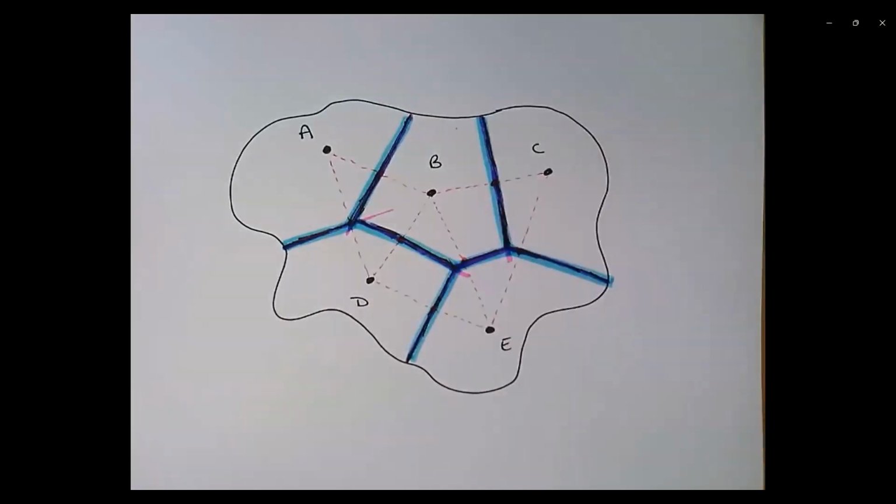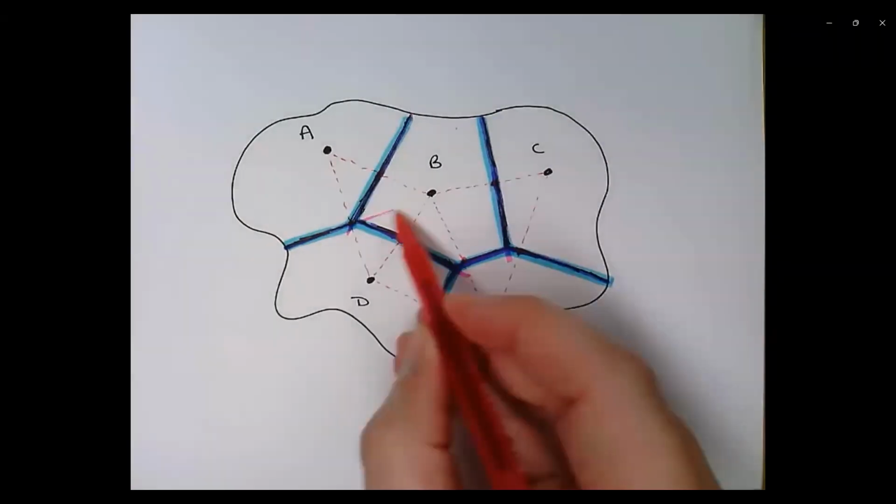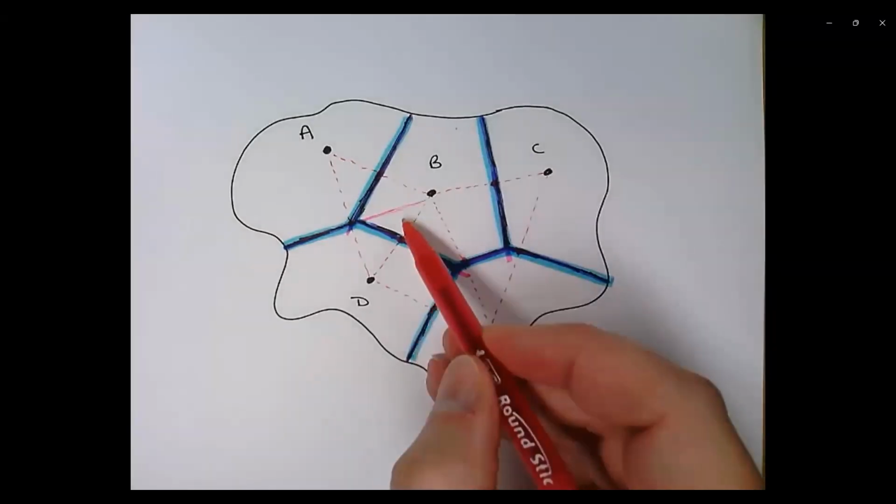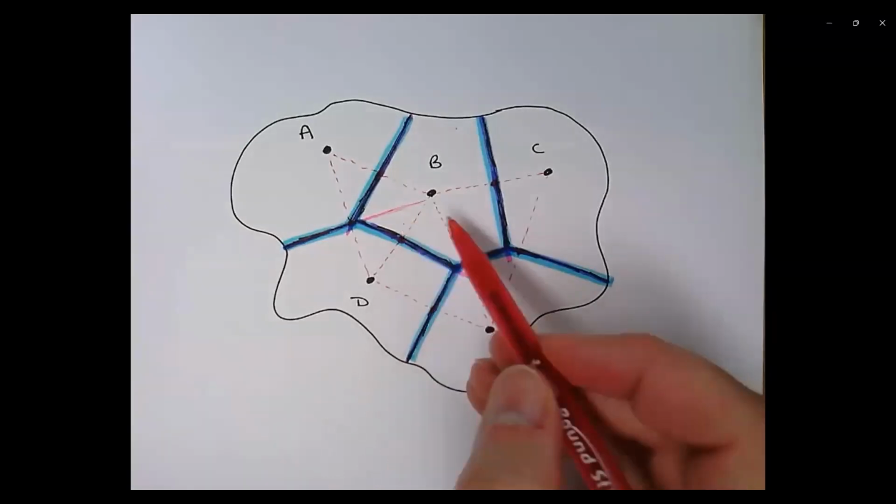So that's how you do a Thiessen polygon. The truth is, doing them the first few times can be quite difficult to get them exactly accurate. I'd recommend maybe doing it in pencil so that you can erase it. But once you've played with it a little bit, I think you'll be able to figure out which lines matter and which ones don't. For instance, you can see that the line I started to draw here was quite irrelevant. All it said was this is closer to A and this is closer to D, but both of them were closer to B, so it didn't really matter.